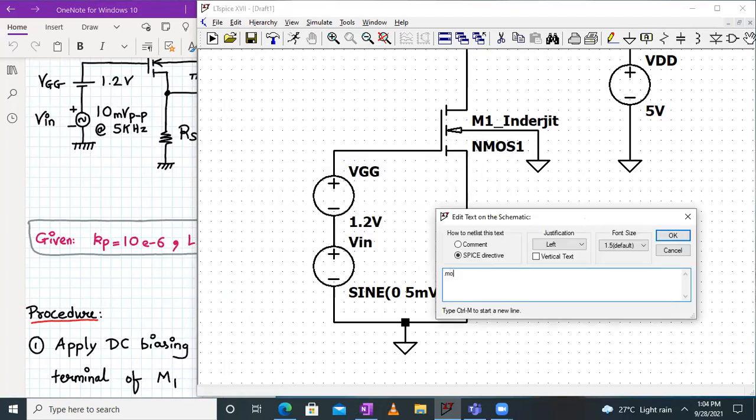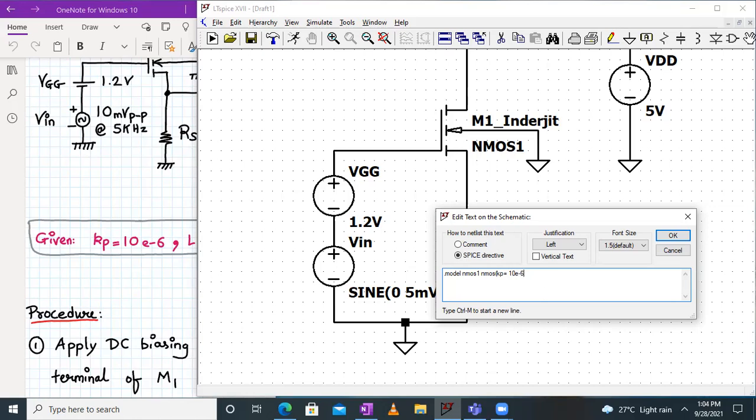So I'll write over here .model NMOS1 and then the reserved word NMOS will come. Inside the bracket I'll write KP is equal to 10 micro, right? It's 10 e raised to minus 6.